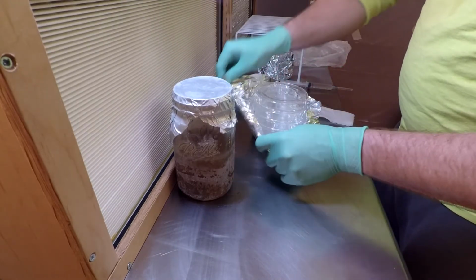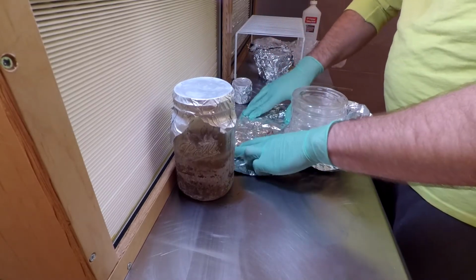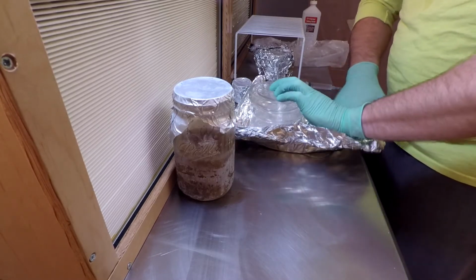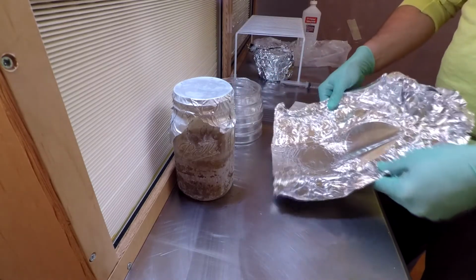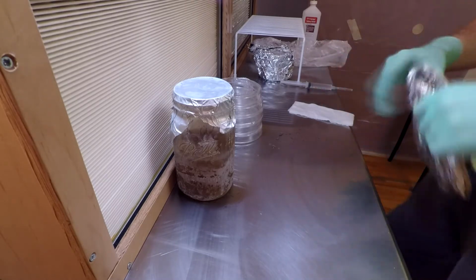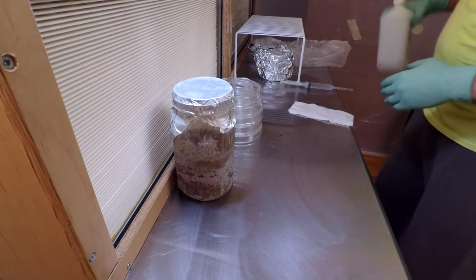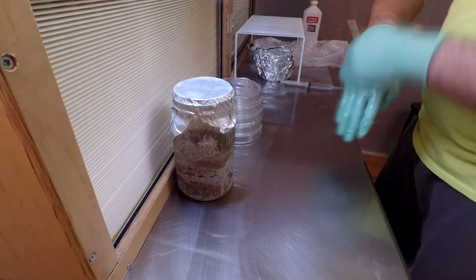So, the thing I'll do is get these dishes off this foil. See that? That was considerably easier. I'll save that foil for some other application in the future. I have a total of 8 dishes I'm going to be making because I'm going to need a lot,